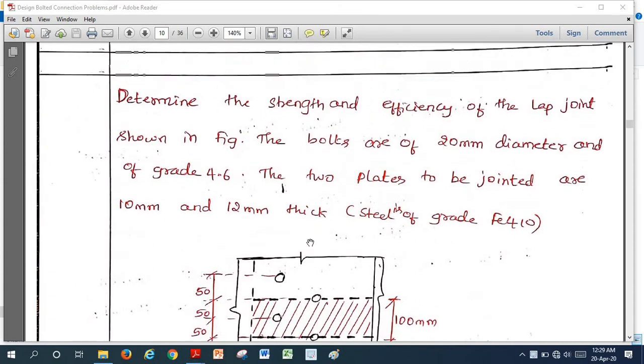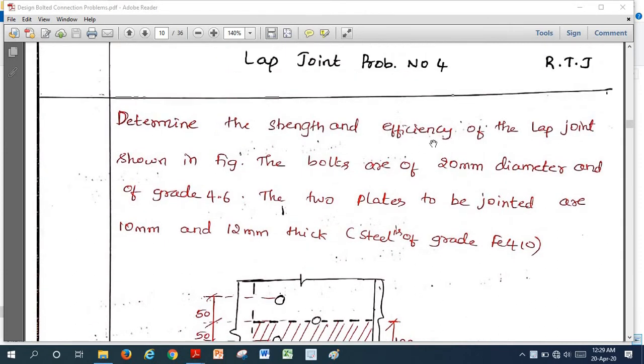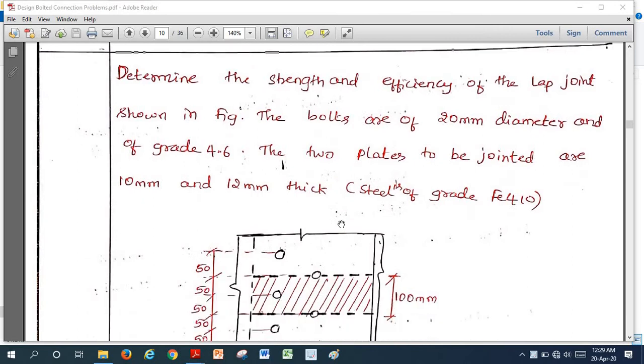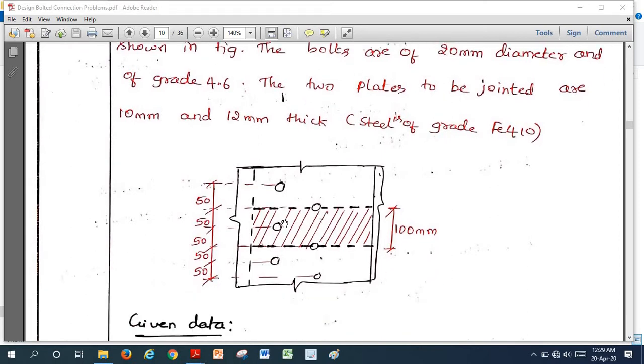Here is the figure. Before that, here also we are calculating efficiency. In the last problem, problem number 3, we discussed in detail how to calculate the efficiency of the lap joint. So I am going to discuss the major difference between the last problem and this problem. Here is the figure they gave. We don't know exactly the length; this is all cross section. We don't know the force direction, the exact length of the plate, the width of the plate, or the number of bolts in the joint. We don't know the actual picture of the joint, how much length and width the joint will have.